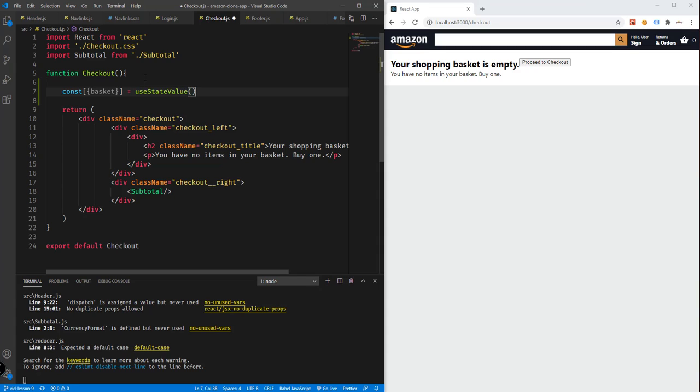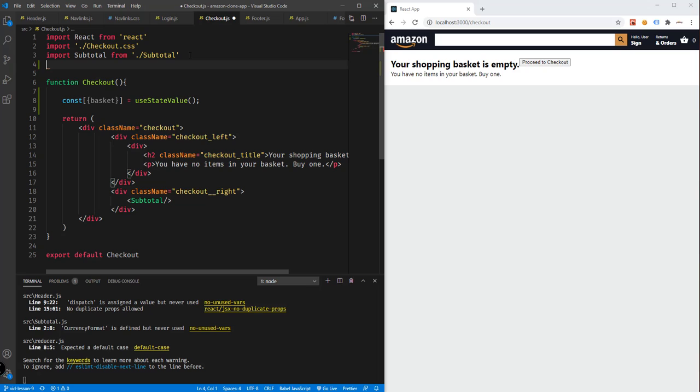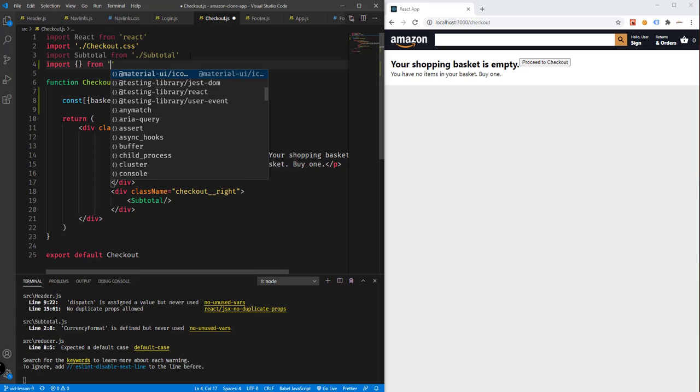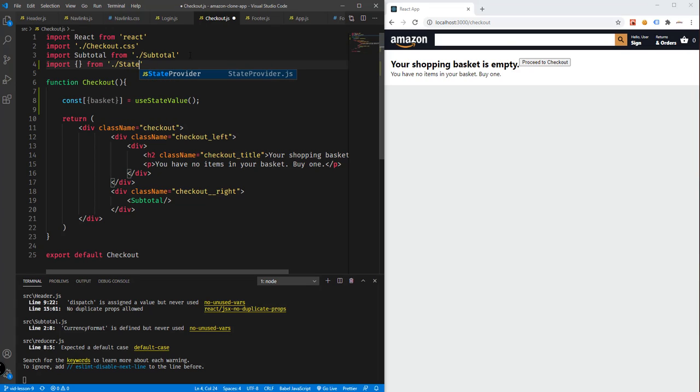Okay, and then of course we need to import this from our state provider, so that will be import something from our state provider. So use state value. There you go. And of course we're going to add another component to this checkout page, so that will